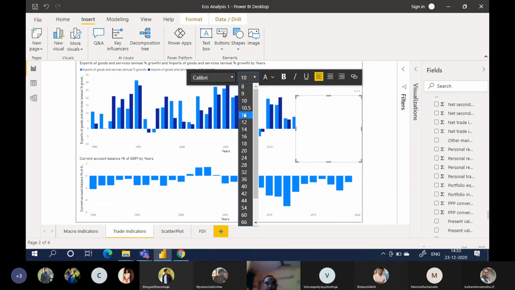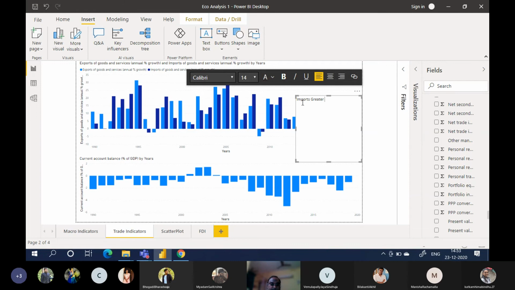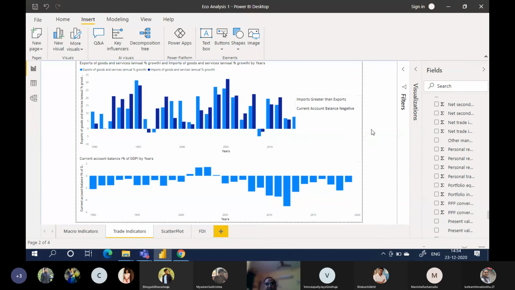Calibri 14. Imports greater than exports. Current account balance negative. Okay, so you can add a text box and write your notes in this and submit to me.